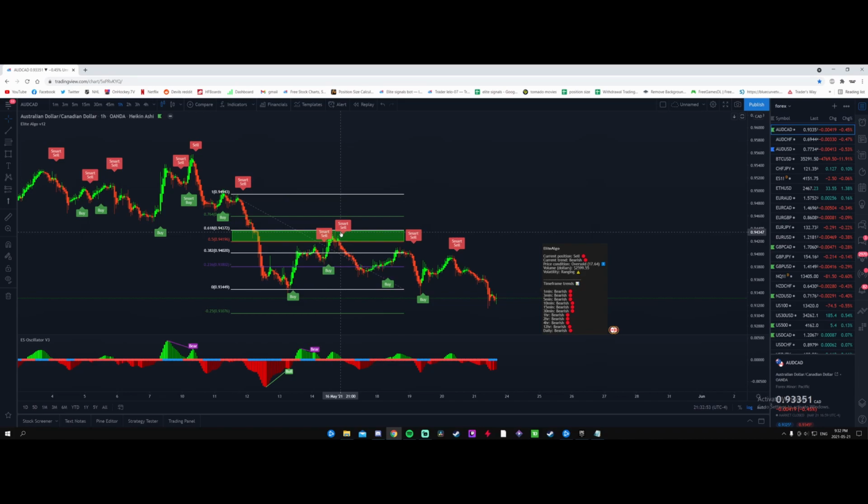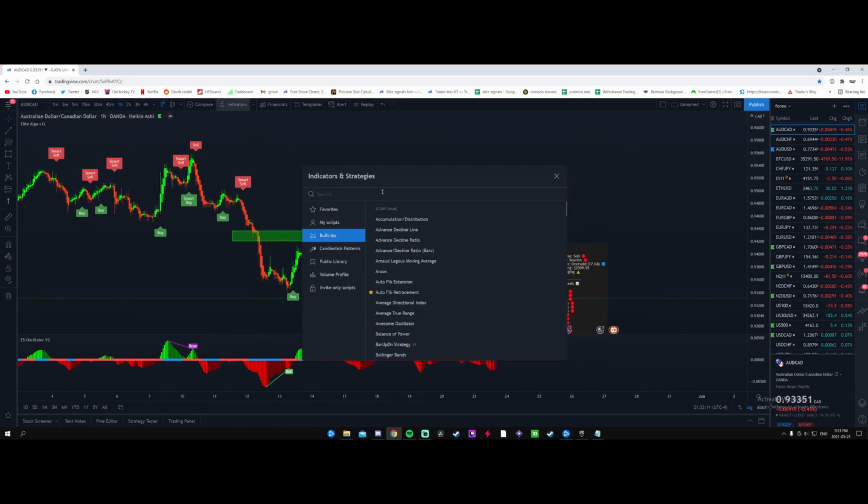So that's very, very simple to use. Very easy. You can combine Fibonacci with EliteAlgo. Super easy, guys. If you don't know how to use Fibonacci, again, I recommend just going on YouTube and looking up a quick tutorial. It's not very hard, right? Another indicator, guys, I like to use